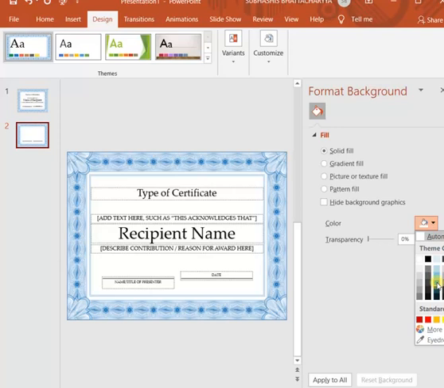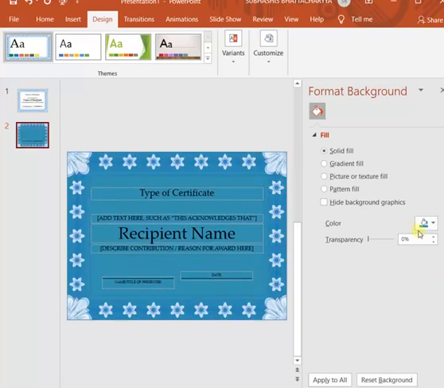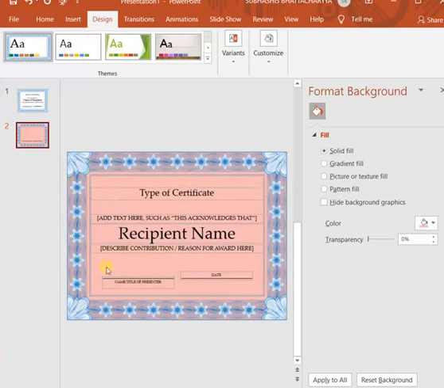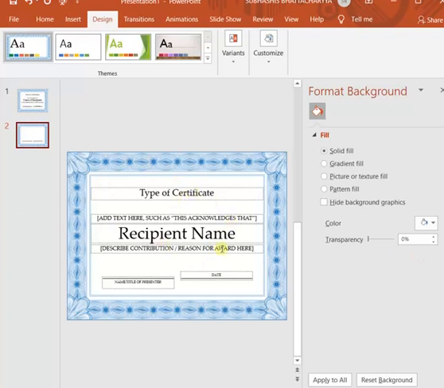Suppose I select this blue color. When I select this blue color, you can see the preview on the slide. See, it has become blue. Now if I select any other color, the background changes to that color. If I bring it back to white, the background becomes white again. So you can choose any color according to the content of the slide. Whatever you feel is appropriate or looks good on the slide according to your needs, you can change the color of the slides.